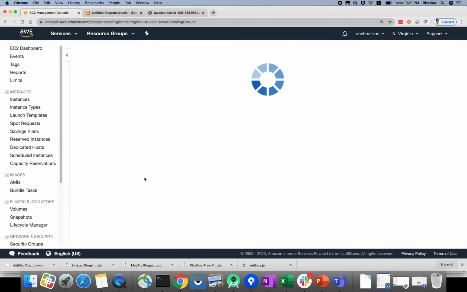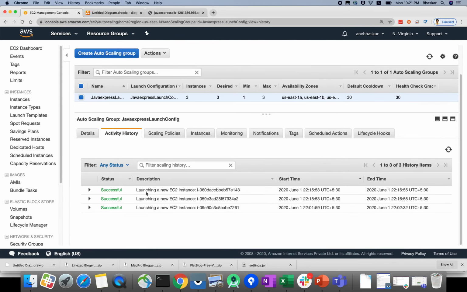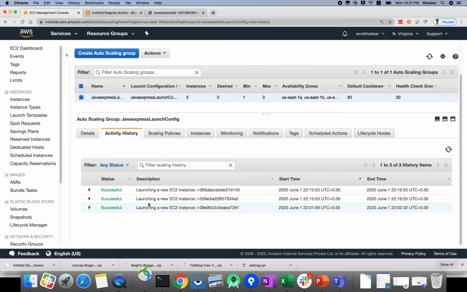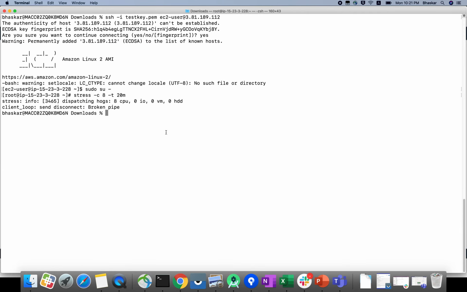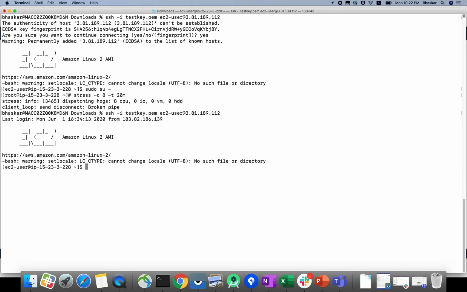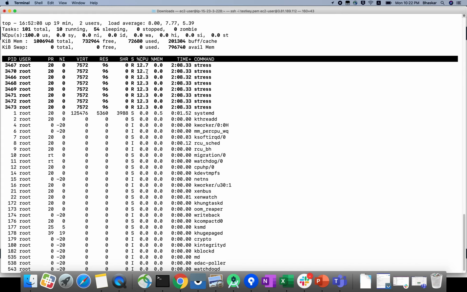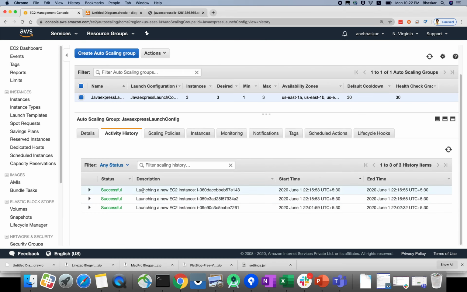You can check this part yourself in the activity history. Here what will happen again, the minimum will come as 1 and the max will become 3. Minimum 1, max 3, and desired will change to 1. Okay, if you are on the network and there is an internet issue, a disconnect happens. Let me log in once. Now I am here. If you use the top command, my CPU utilization right now is 12%. So after some time these instances will be deleted automatically.